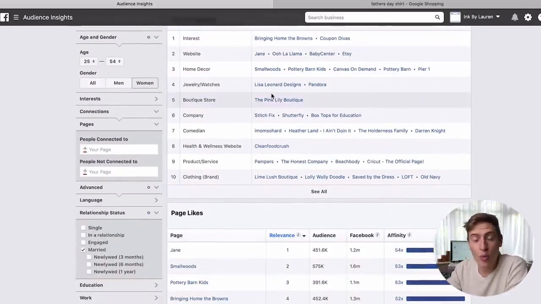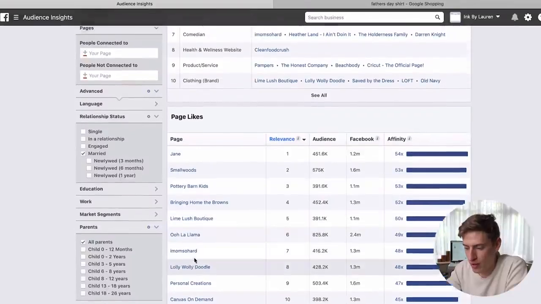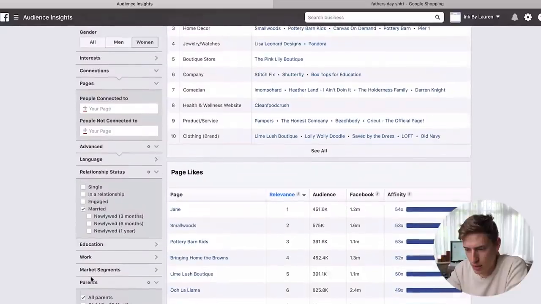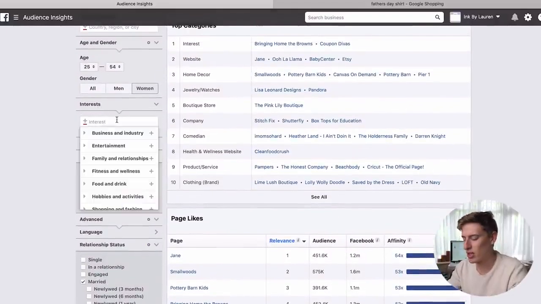Remember, a lot of these interests are the women's interests. We need an interest that can kind of mix between both of them, okay? So you've got Pottery Barn, you've got all of these little ones. So what we're going to do is we are going to put in the interest. Interest is up here. We want to put in the interest,